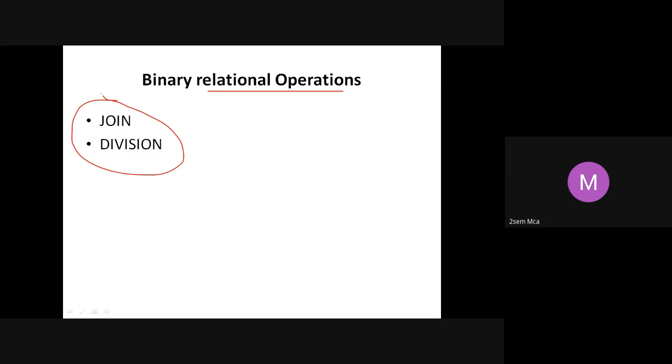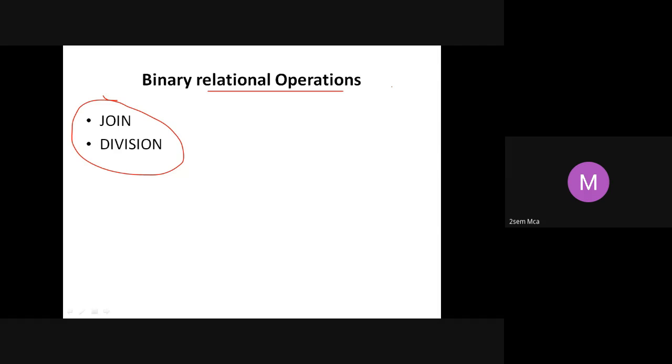We have been doing join operation in SQL. In the lab exercise also we have seen join. For example, where s dot usn is equal to b dot usn. So like that you are trying to connect, is it not? That is nothing but your join.